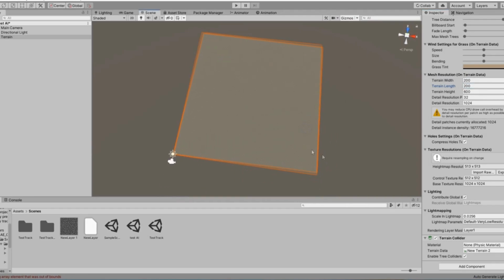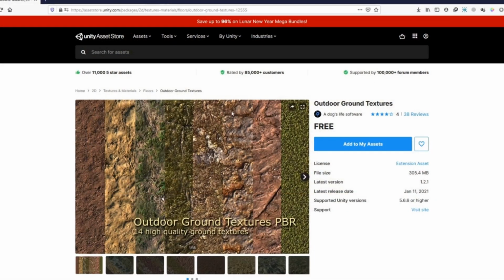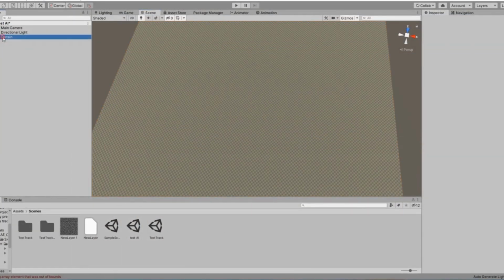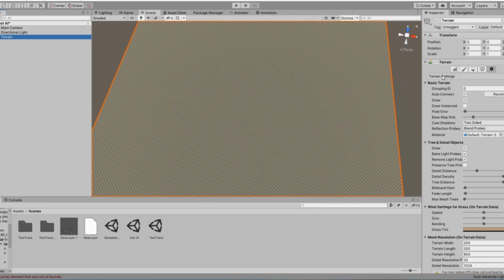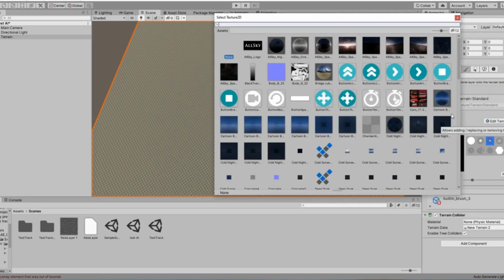Now currently this terrain has no textures. I have imported these outdoor ground textures and I will use these to paint the terrain. To paint the terrain, select your terrain in the hierarchy and now click the paint terrain button and select paint texture here, and click edit terrain layers and click create layer.